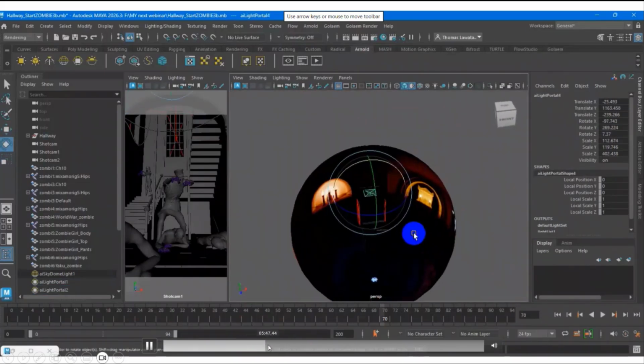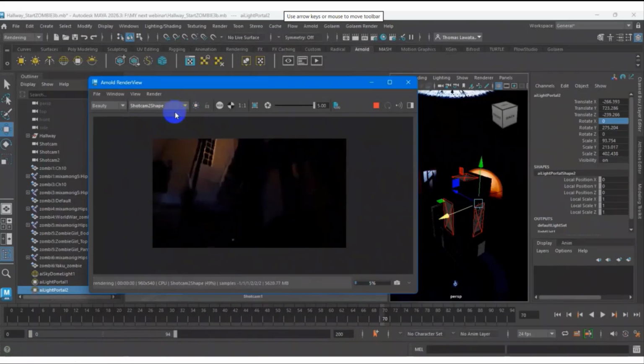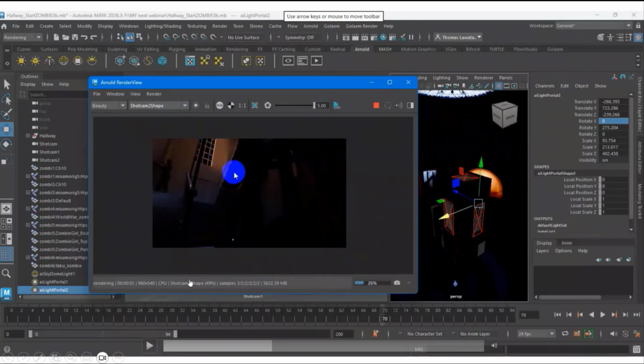Once you have the portal, you see the lighting from the skydome coming around the windows. One reason for using the portal is that we don't want to do a lot of lighting inside.